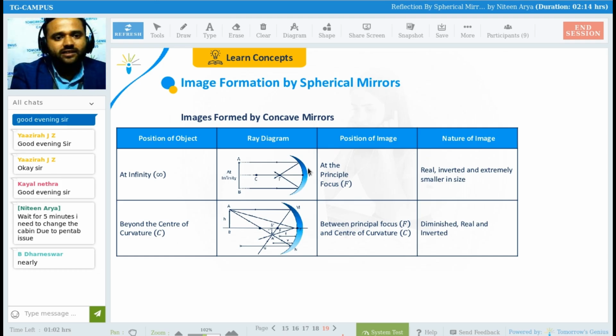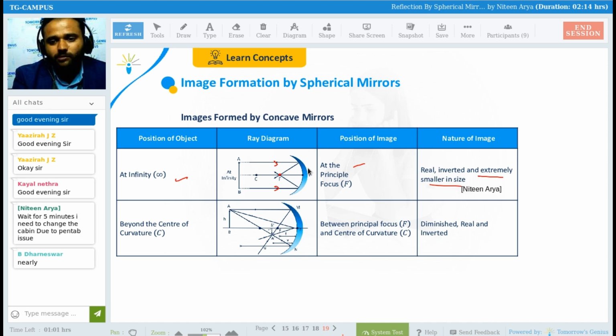So at infinity, as you can see, that is very important. At infinity means if you are going to see the image of the sun. Why do we take the sun as infinity? Because from the earth, the sun is very far away. So we can say that it is at infinity. So whenever the object is situated at infinity, light rays are going to come in parallel, and parallel light rays converge at the point of focus. So the image you're going to get